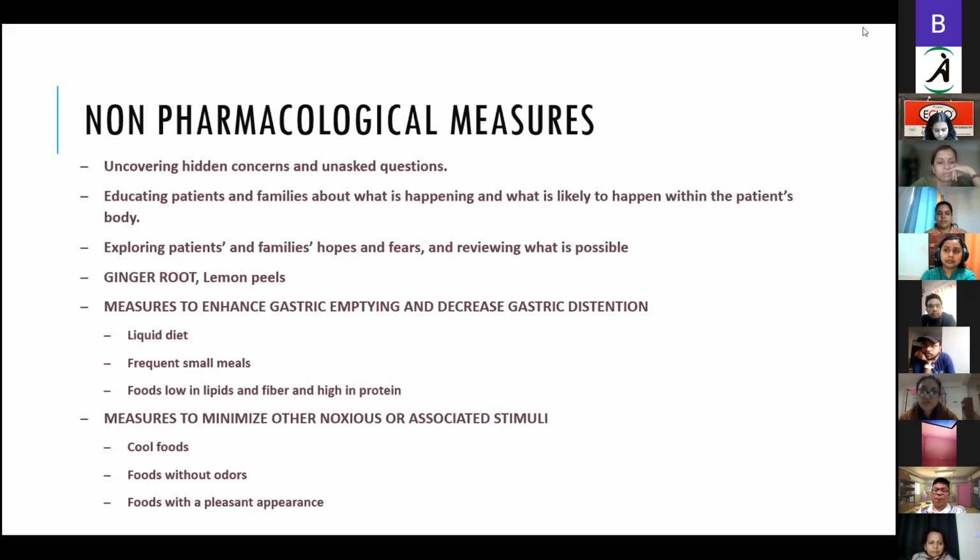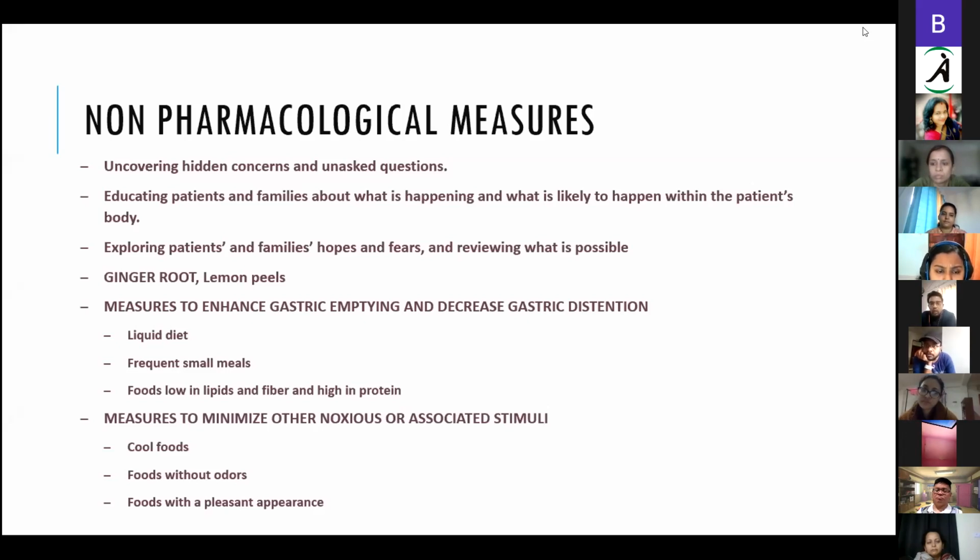It has been shown in certain studies that certain household kitchen items which have a strong sense of smell, especially like ginger root, lemon peels. So what we tell families or patients is you can have a piece of ginger kept in the mouth or just smell it. Even the lemon peel, they could just nib on the entire lemon, just press it a little bit so that sudden fragrance that releases off due to the lemon oils can help in relieving of that nausea